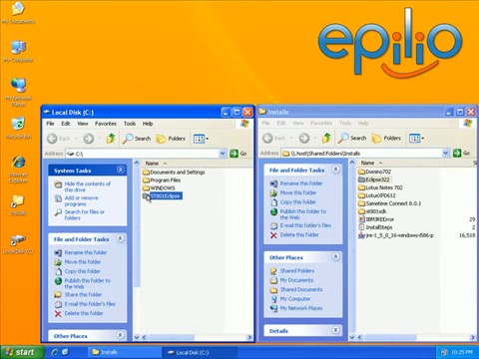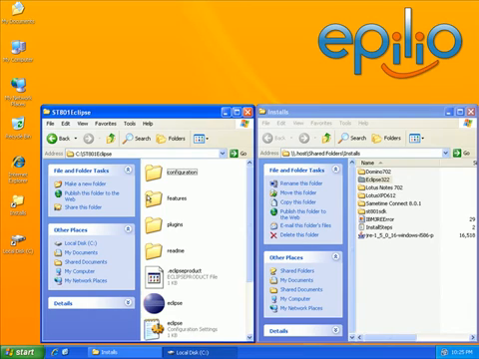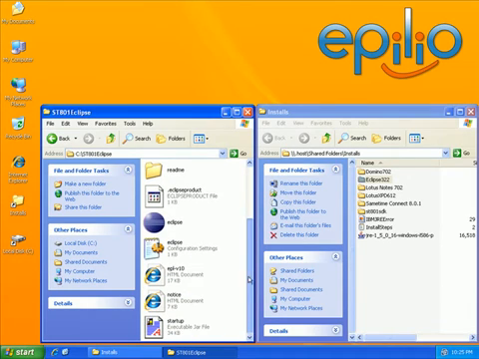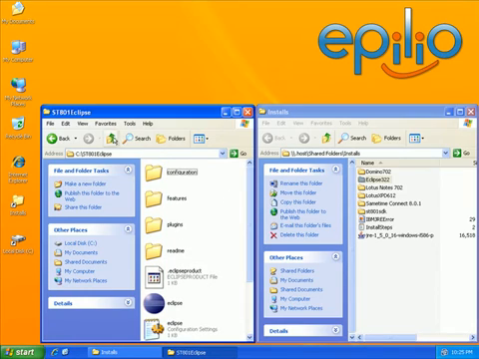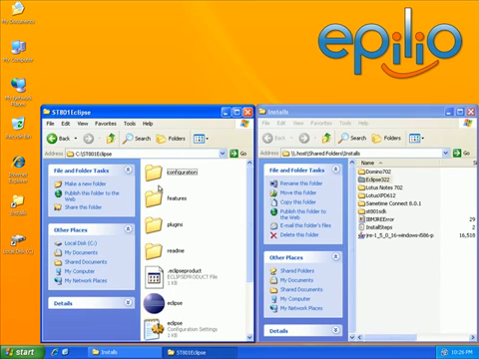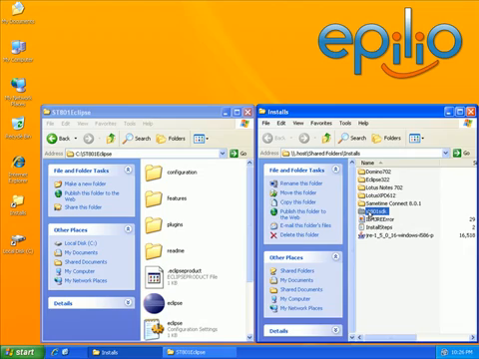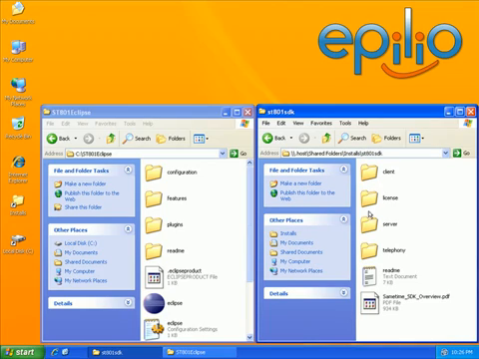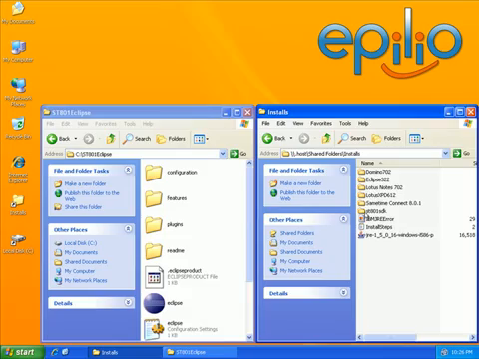So here I have the ST801 Eclipse directory, and if I just hit enter on that, you can see that this is just the Eclipse directory unzipped straight from the install zip. What I want to do is put the SameTime SDK into this directory. The SameTime 801 SDK I have in my installs directory as well, and it just comes with the SDK for the clients, the server, and the telephony API. You could just pull out the client components if you want. I prefer to keep everything together, so that if you ever start doing things with the community server toolkit, you have all the jar files and everything you need right there. So all I'm going to